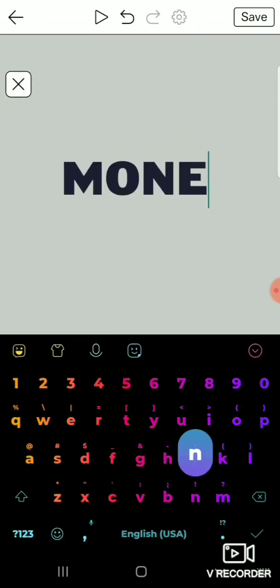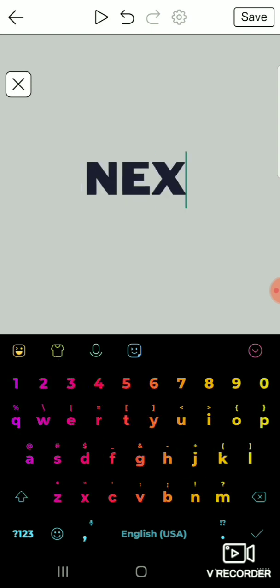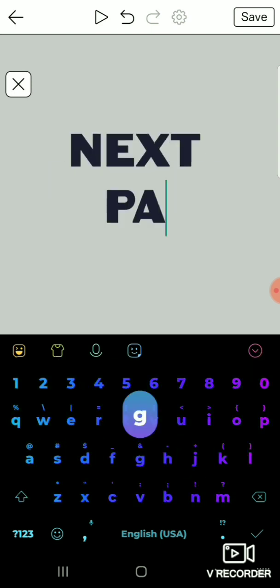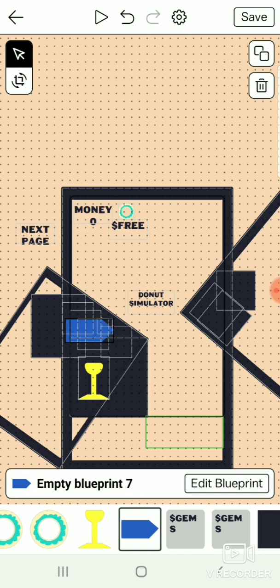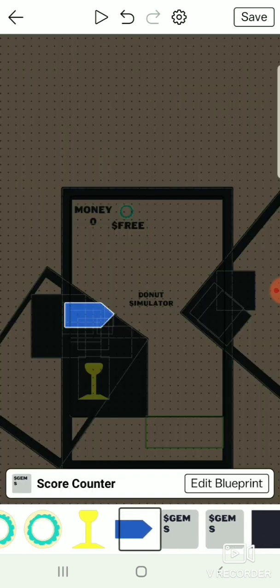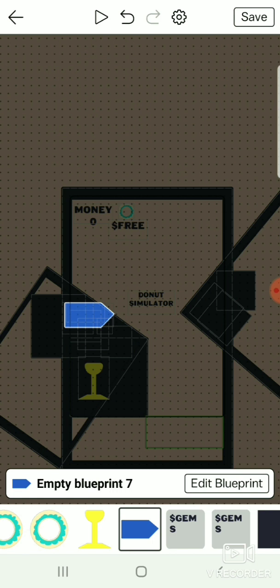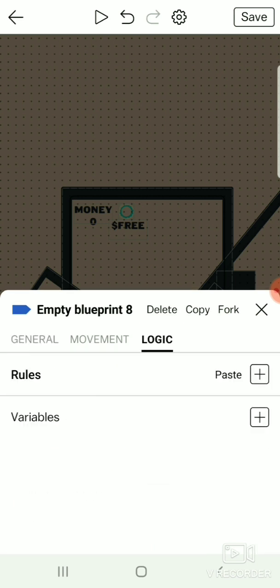So now when you have the next page on the little block, you wanna put it in the top left of it. So basically, now that you have that, you wanna tap the empty blueprint that it's gonna have the next page on, and then tap fork, and